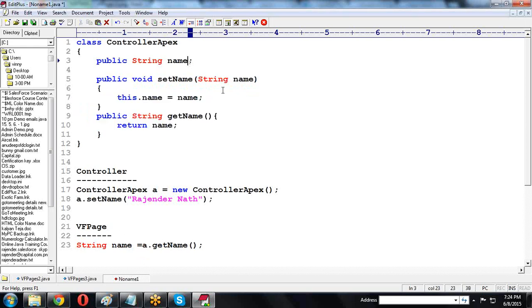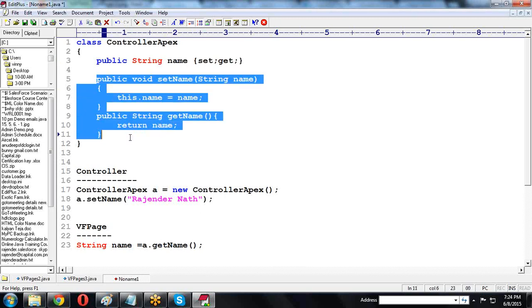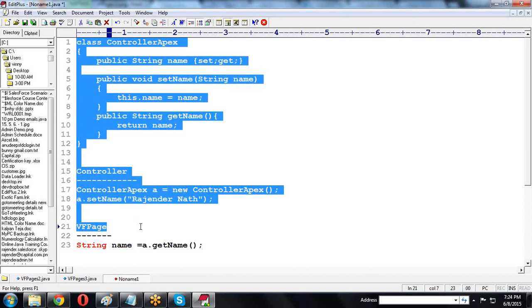Whenever we simply write set, get, the system internally creates one setter and one getter method for this code. The internal structure of the setter and getter method is like this. This is the way it is creating.